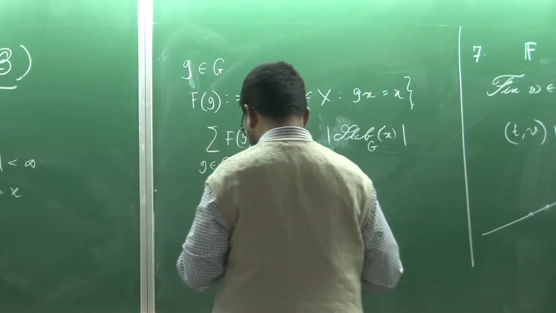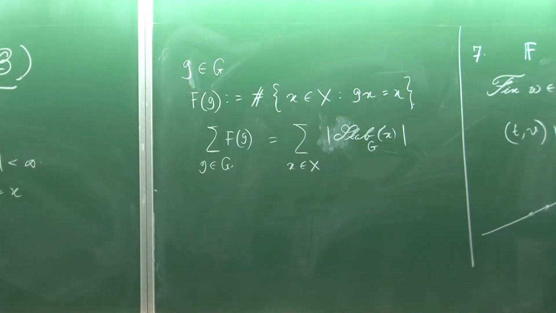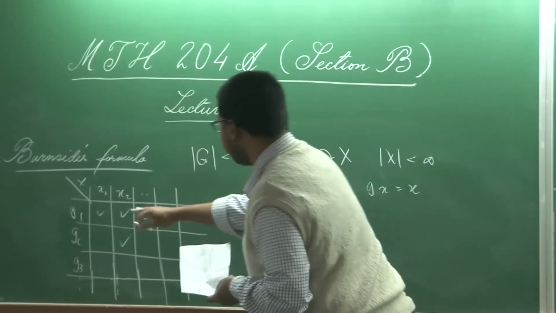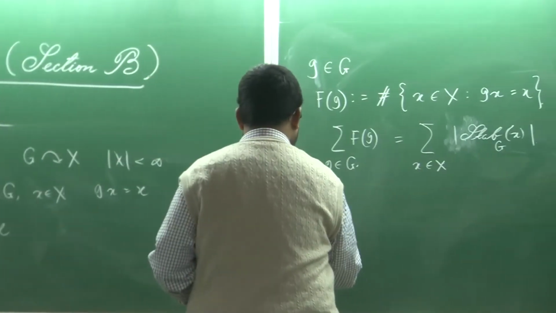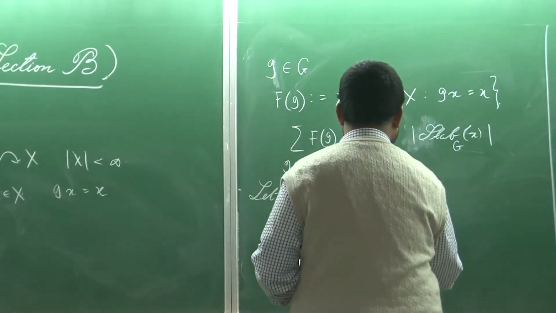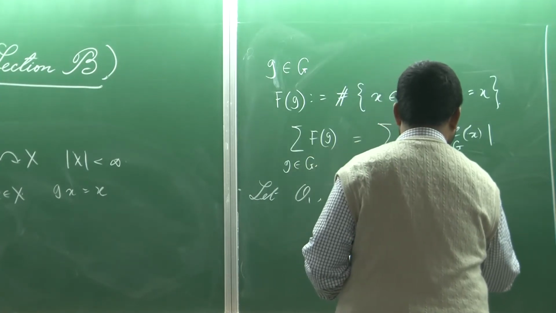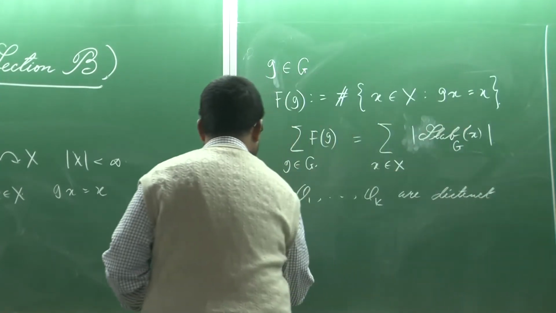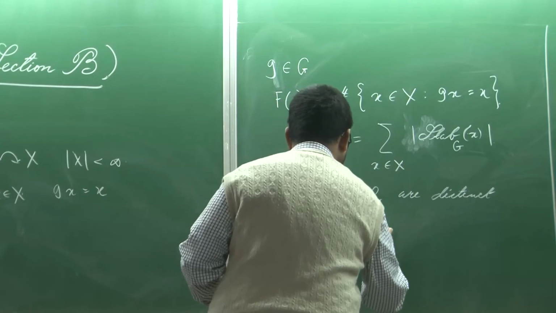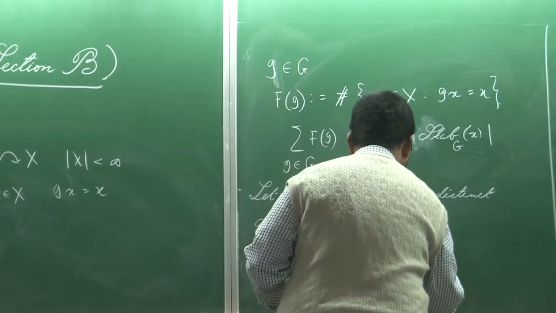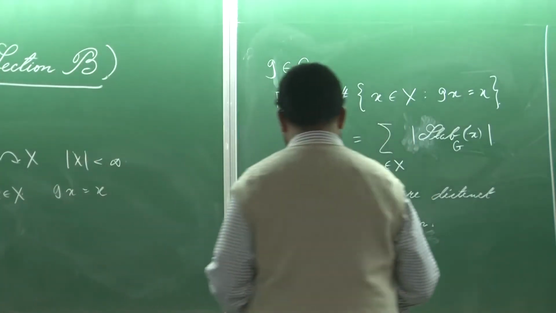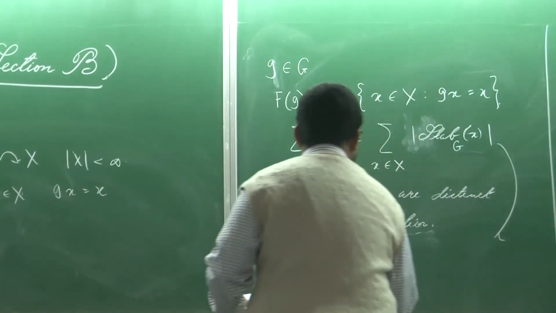X is in X, okay. All right. So this is what we must have, and now let O1 up to OK be all the distinct orbits of this action. Orbits under this action. Okay, these are all distinct orbits, and therefore this can now be written as follows, because